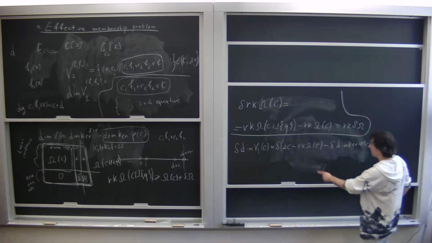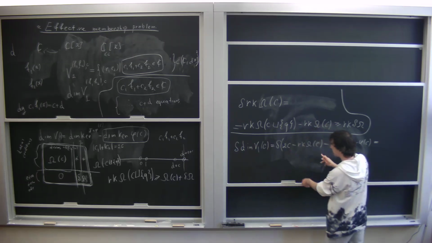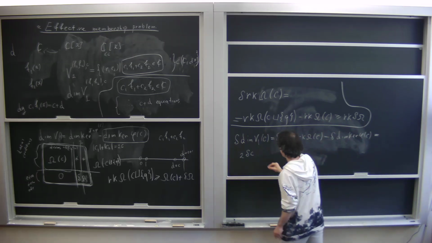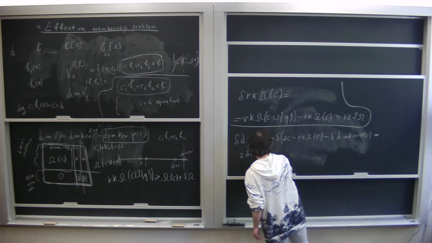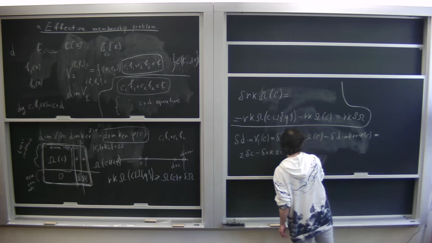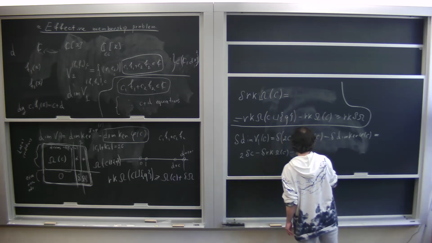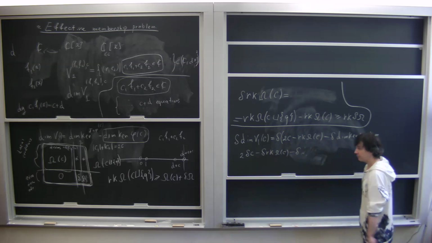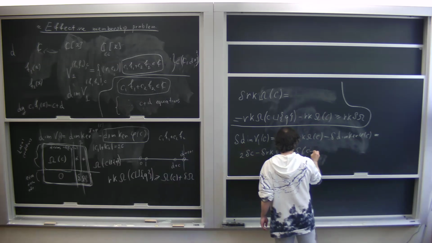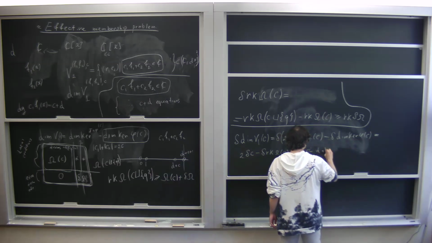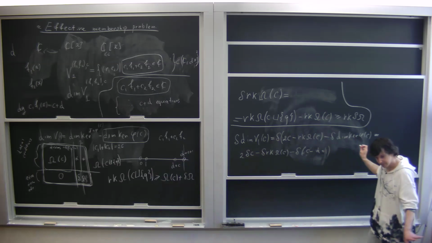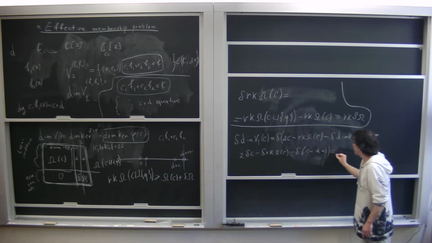Oh, sorry. Delta of this bracket can be expanded to be delta of C minus delta of rank omega of C minus delta of the dimension. We have already found the dimension. It's C minus D, plus 1. We're not sure plus or minus, but it's not so important. So we can see that